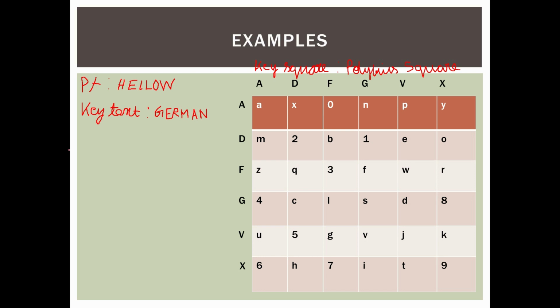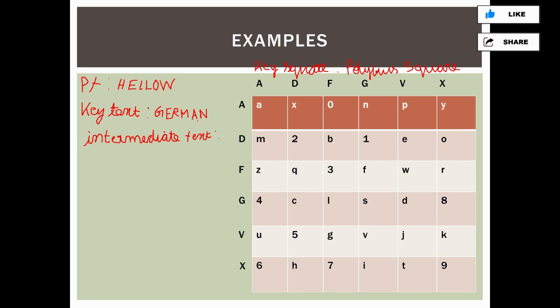But before encrypting, we should frame the intermediate text. Okay, so now we are good to go. How can you frame it? You have to go by each of the characters present inside the plain text.